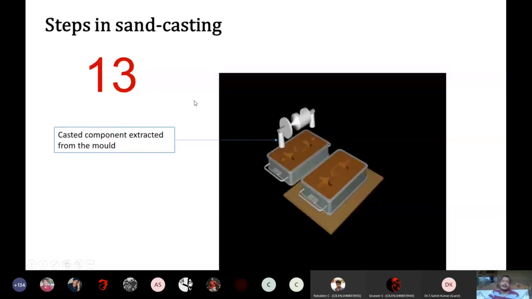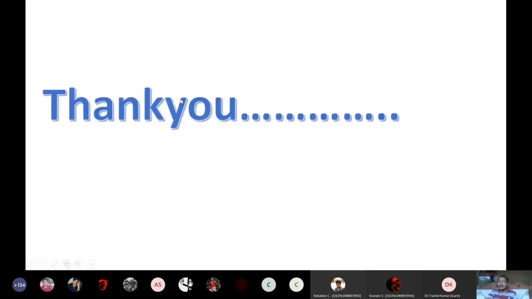So this is the casted component, just extracted from the mold, shown here with runners and risers. All these parts will be removed. Actually, this location is wrong. The riser would normally be kept either on this flange or this portion to ensure that it is filled. So this is not a good practice. This is right: the right location of your riser, the open riser, will be on the top extended surface of your product. So that's the presentation.